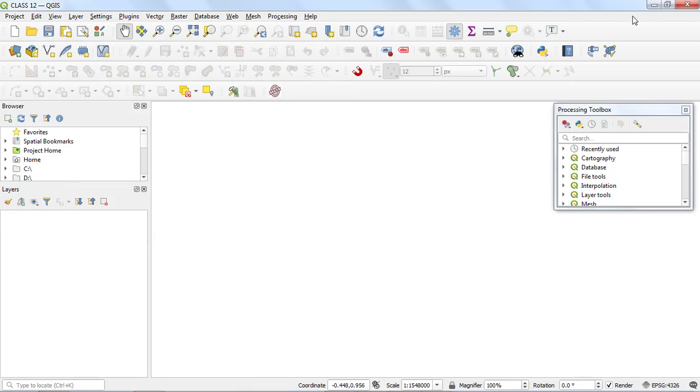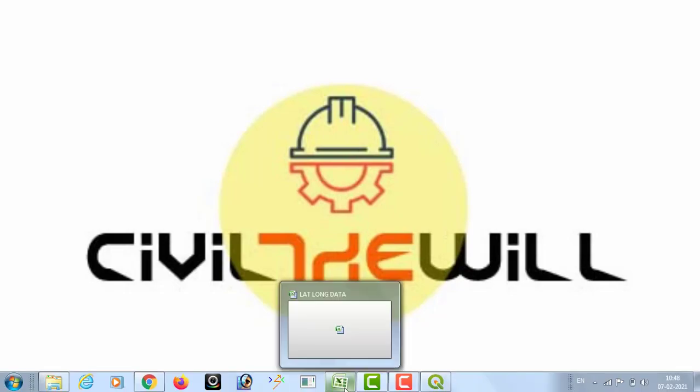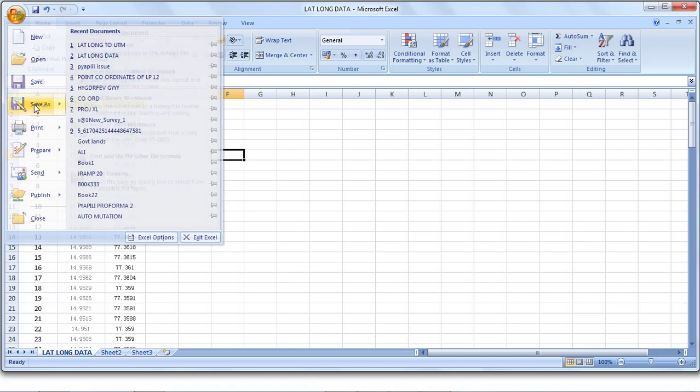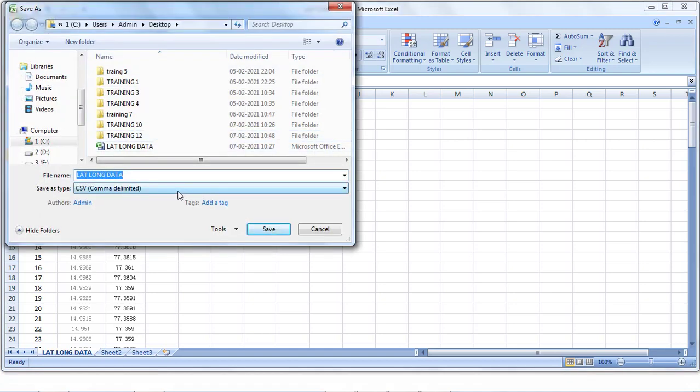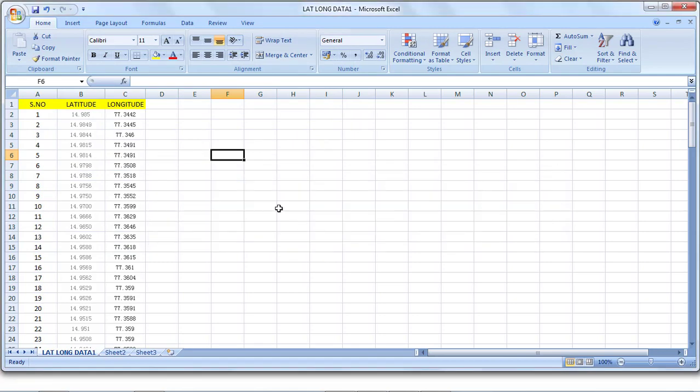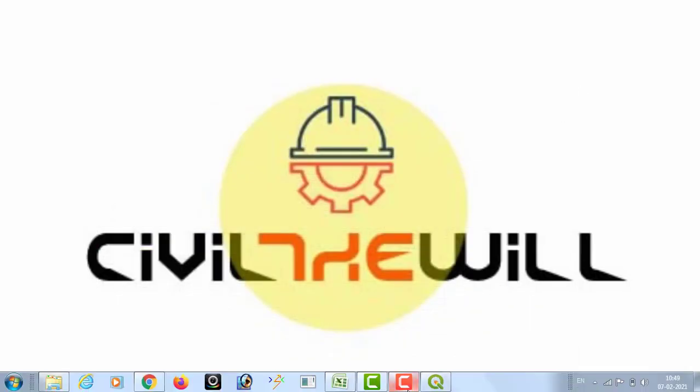Before that you need to save this Excel sheet in .csv format. So go to the application button and click on save as, and here we need to select the comma delimited CSV option. Now give the file name, that is latitude longitude data 1, and save it on desktop, and after that click on save, click on OK, click on yes. So we have saved the latitude longitude data in CSV format, and now we are going to import that data